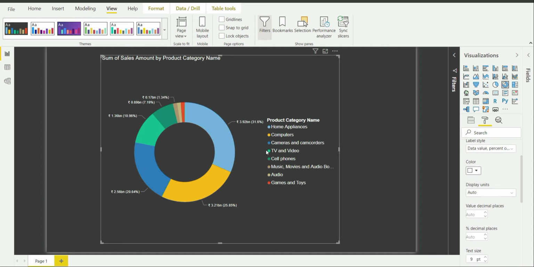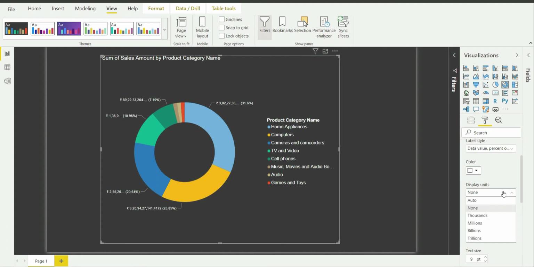And as you can see, the display unit is auto by default. So Power BI automatically adds the details formatting for these numbers over here. But if you want to change it, you can choose whatever option you want, or if you don't want this kind of squeezing or units to be added, you can choose none also. But again,